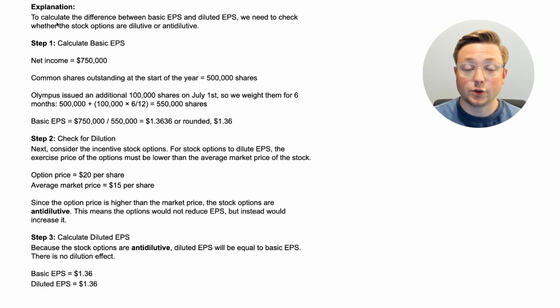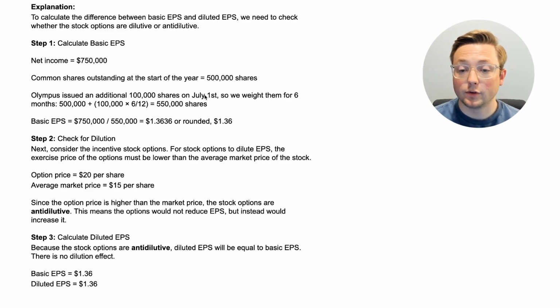There is no difference between the diluted and the basic earnings per share. Let's learn why. To calculate the difference between the basic earnings per share and the diluted earnings per share, we need to check whether the stock options are dilutive or anti-dilutive. Remember, we talked about that a little bit in one of the previous questions. So first we have to figure out the basic earnings per share. We take the net income, take the common shares outstanding at the start of the year, which was 500,000 shares, take the new 100,000 shares issued on July 1st,